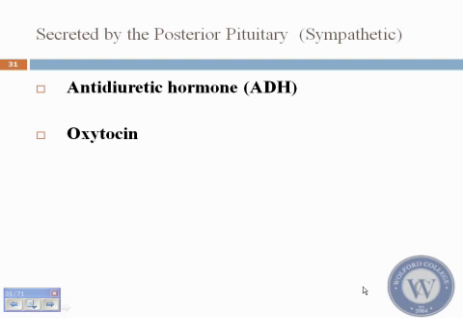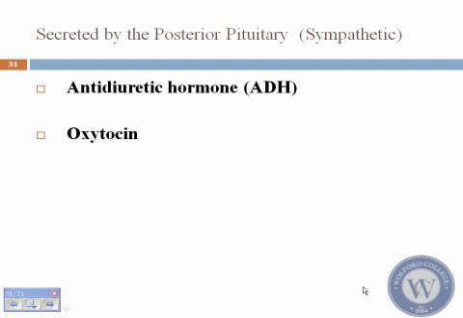Antidiuretic hormone is very important for any form of high stress. If you're going to be running, one of the things that happens really quickly after you start running is that ADH starts being secreted. So you'll notice that while you're running, you don't want to go to the bathroom. You're not going to urinate. When you stop running, that's when the body says, okay, it's time to dump stuff now, and then you'll want to urinate. While you're running, the antidiuretic hormone is trying to hold everything in, and it doesn't allow anything to come out of the kidney.